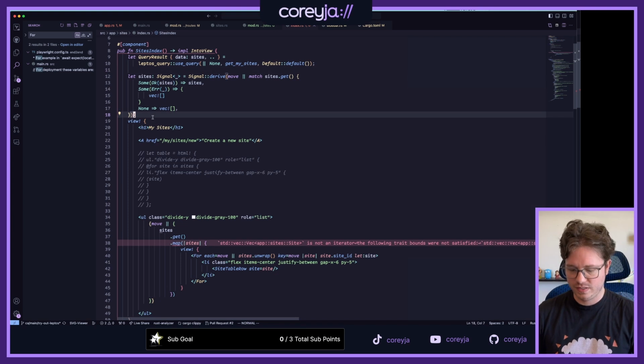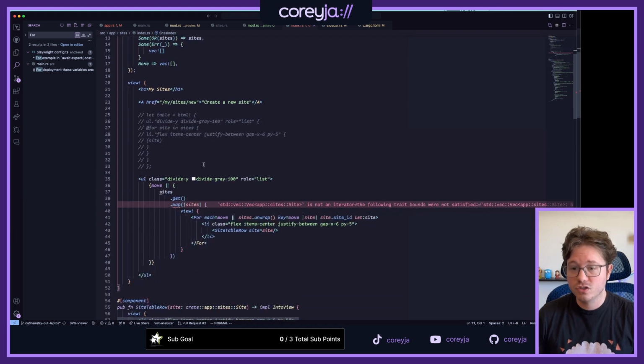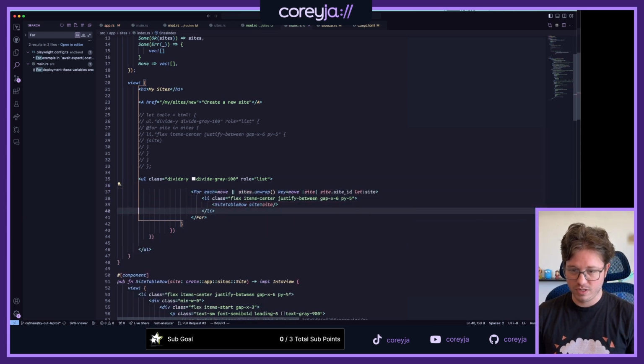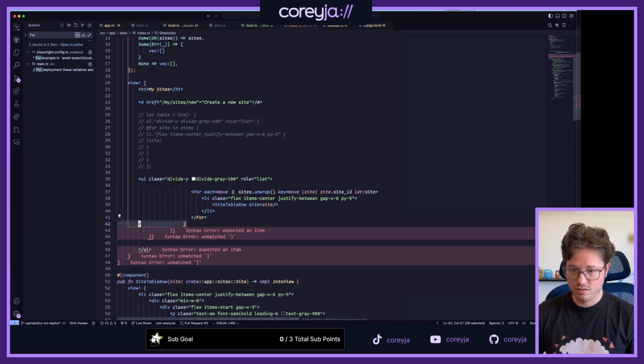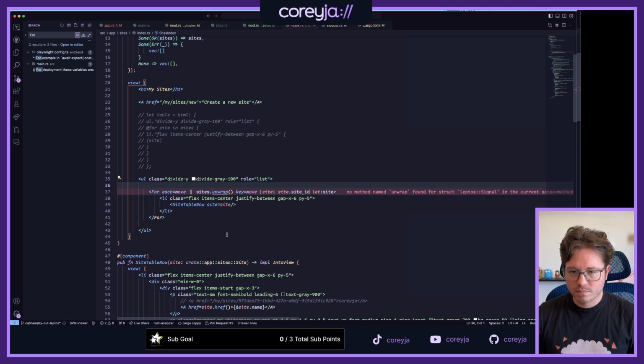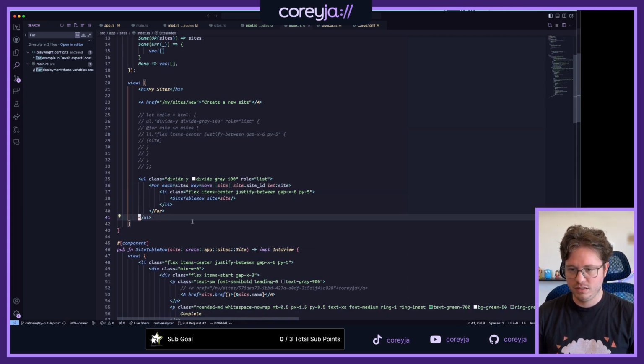So we take the sites and we map over it. So now at the end, though, sites is a signal of a vec. So we always have a vec, so I don't need this anymore. I think I might actually just be able to go all the way down to the for then. This might just be able to be sites now. It's a signal of a vec. Perfect. Okay.